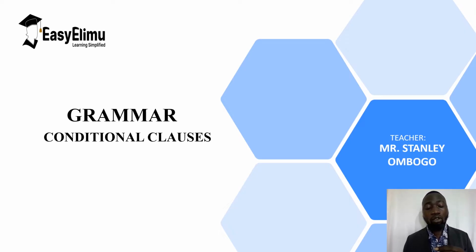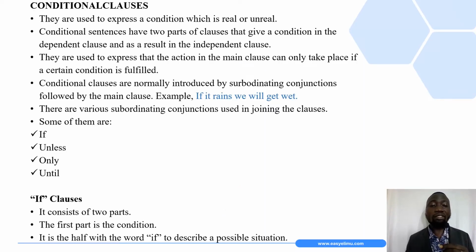So, dear students, today we are going to learn something under grammar, and that is conditional clauses. Conditional clauses are used to express a condition which is either real or unreal. Conditional clauses have two parts: a condition in the dependent clause and a result